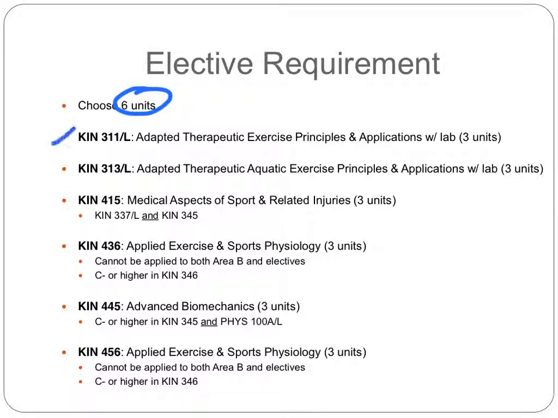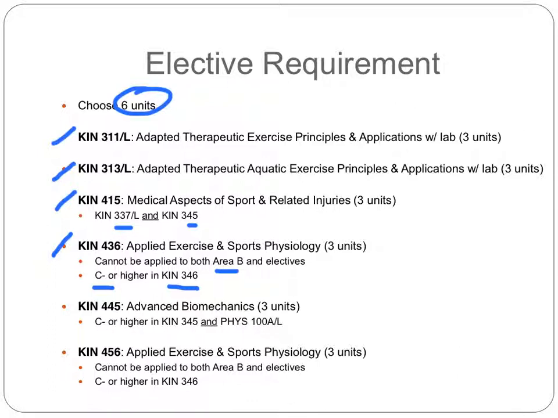Kinesiology 311 and lab, Kin 313 and lab, Kin 415. The prerequisite for Kin 415 is Kin 337 with lab and Kin 345. You can also choose Kin 436, which has a prerequisite of Kin 346 with a C- or higher. But note that if you have taken Kin 436 and applied it to your Area B requirement, you cannot double count it